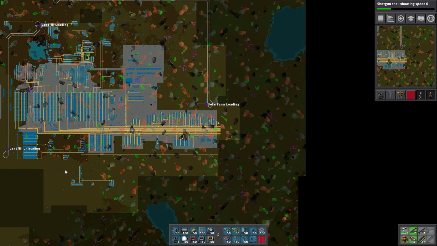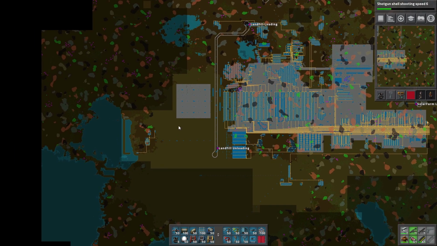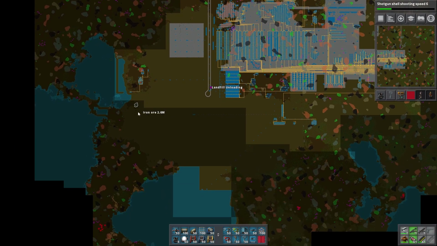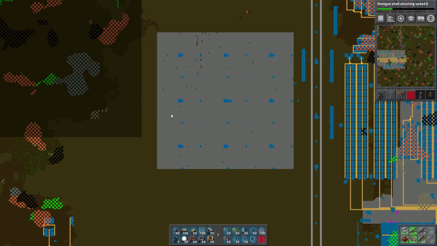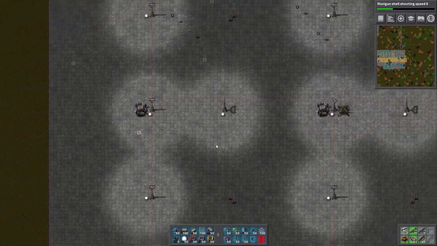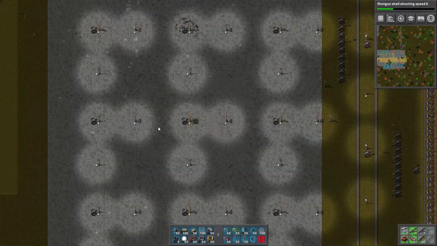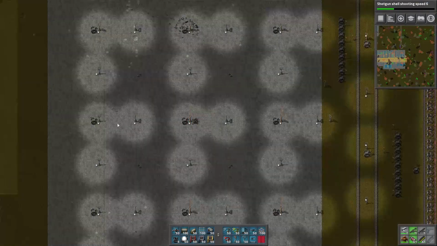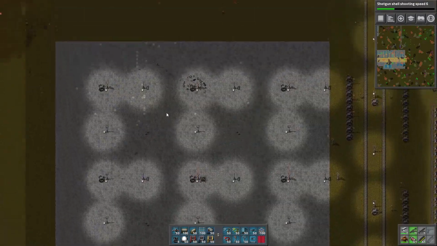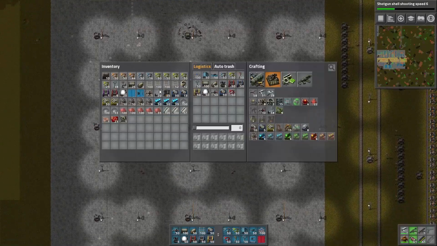What I did was come over here, and first I finished filling in a lot of this stuff off camera, and that really took most of the time. But I also set up a logistics network with radar in the center, and they're laying down concrete automatically. So I have a blueprint for that